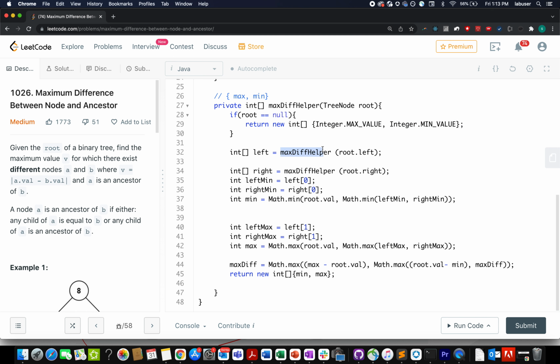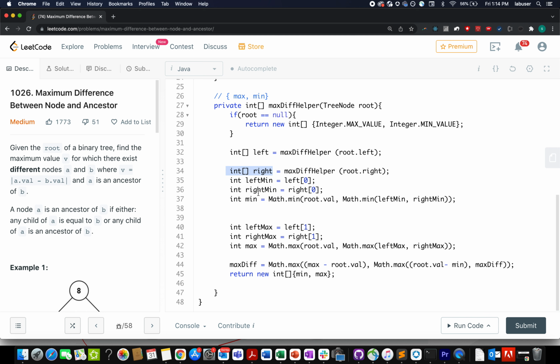Otherwise, I go ahead and pass root.left subtree to the maxdiff helper method, and I get two possibilities, the maximum and the minimum that exist in my left subtree. Similarly, I pass root.right to the maxdiff helper, and I get the maximum and the minimum value that exist in the right subtree.